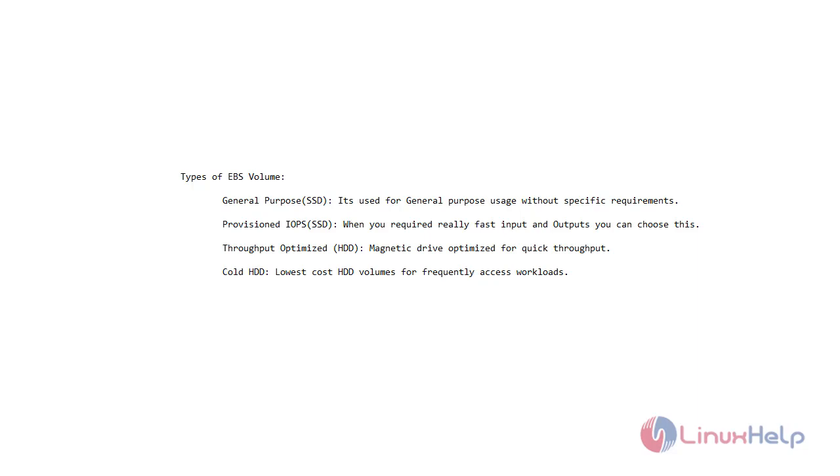First we have to know the types of storage. One is object storage, another one is shared storage or NAS. First we will see object storage. In object storage there are two types: Simple Storage Service and Glacier. In Simple Storage Service we can only store object oriented data, but Glacier is low cost. It is used to take backups of data from AWS.